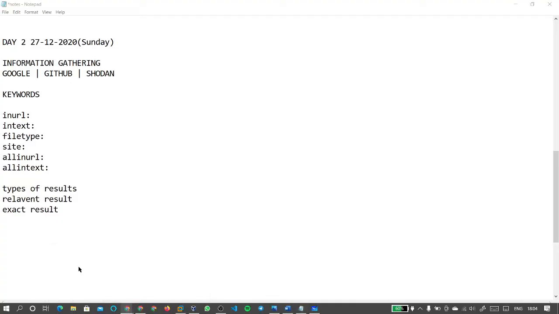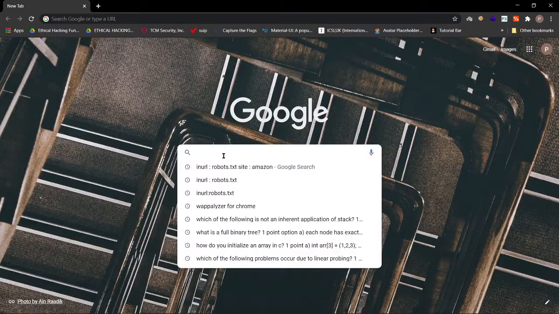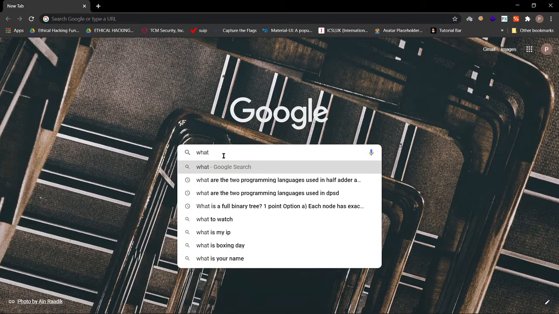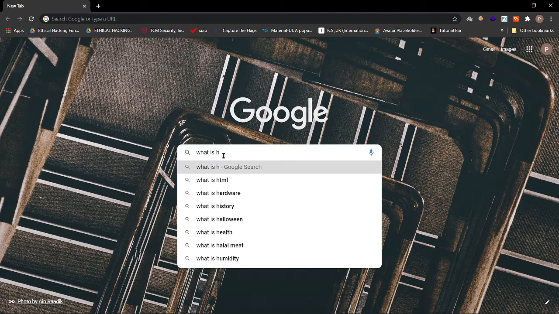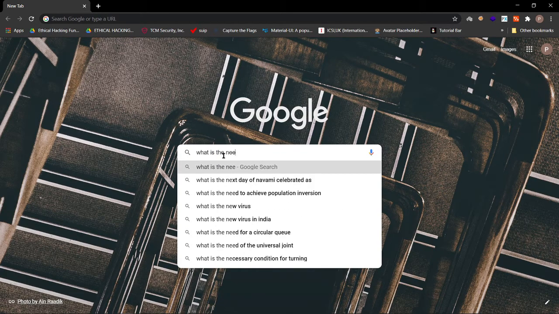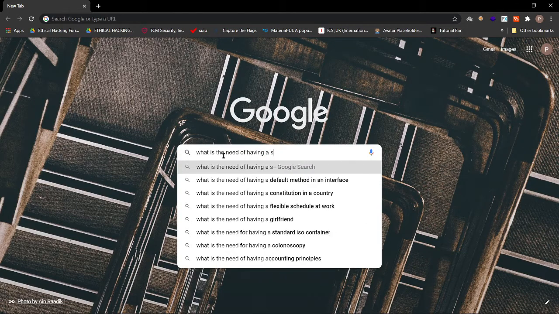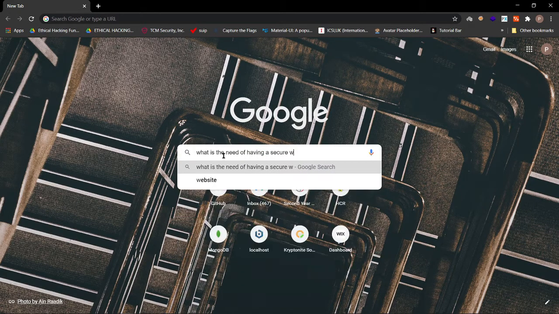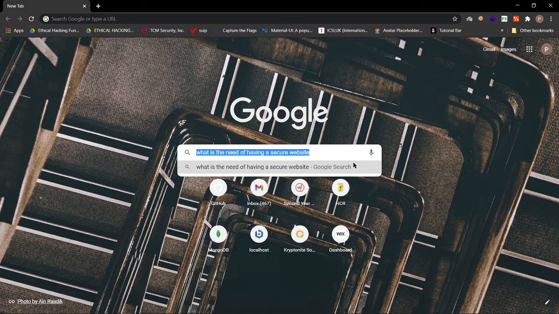If you are in need of something, you will search on Google, for example, what is the need of having a secure website. Typing such a long sentence, Google does not understand the sentence, because Google is not a friend sitting next to you and listening to you. It can't understand your language, it understands only keywords.